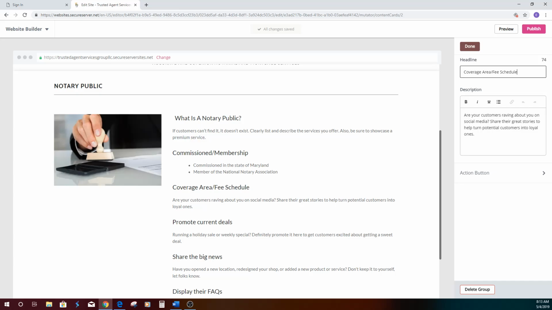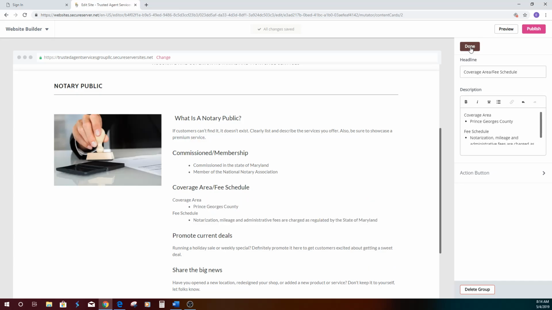And under description, I will go into more detail. My coverage area is Prince George's County. And as far as the fee schedule, notarization mileage and administrative fees are charged as regulated by the state of Maryland. And then I will tap Done. And then once I tap Done, I'm finished with this,